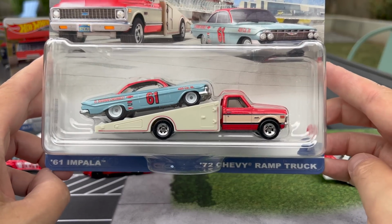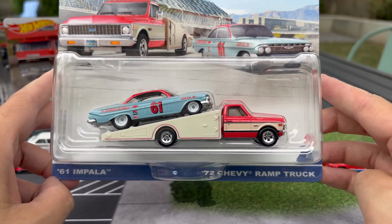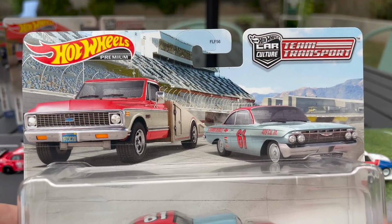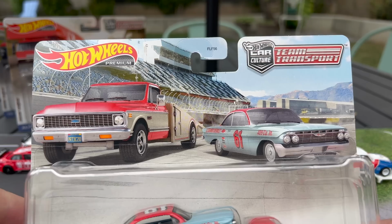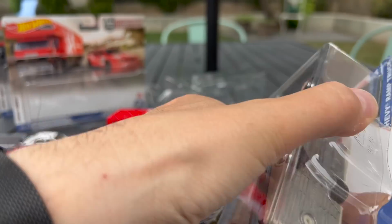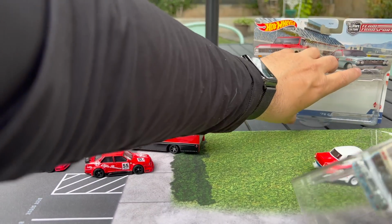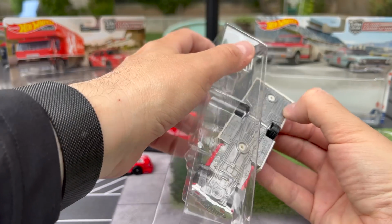They had a prototype version of it. They didn't show us the completed, so we now have the completed truck, and I am very excited to open it up. There is the artwork. Love that we have a vintage racing vibe with this set. And let's talk about, usually I do the transporter first and then the car, but I'm going to reverse that here, because as much as I like this 61 Impala, it really is the truck that intrigues me the most. Let's see if we can get this out without...